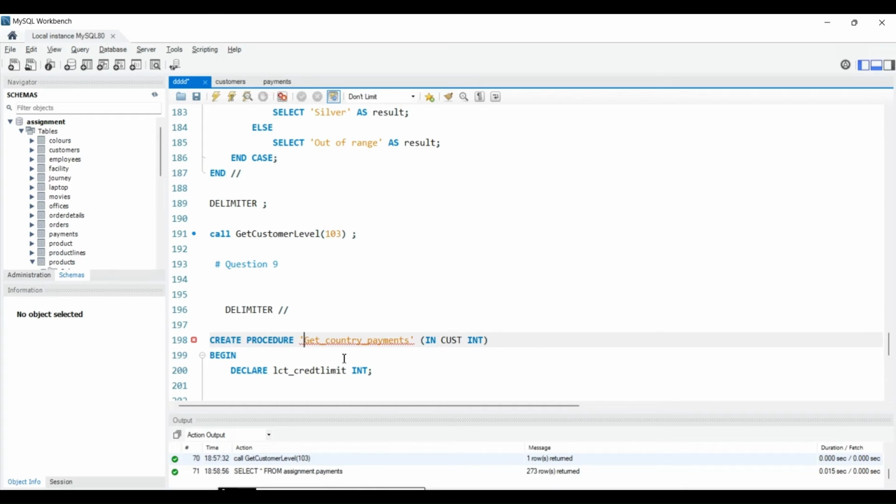Okay, this is the opposite, I don't know what to call it, it's above the tab button on your laptop. Okay, this is get country payment. Okay, now here we have to